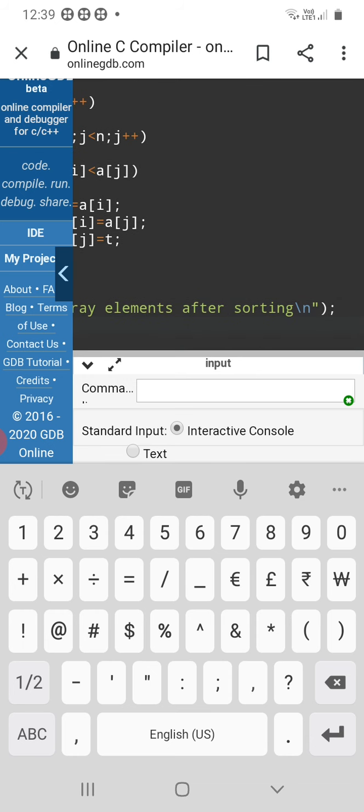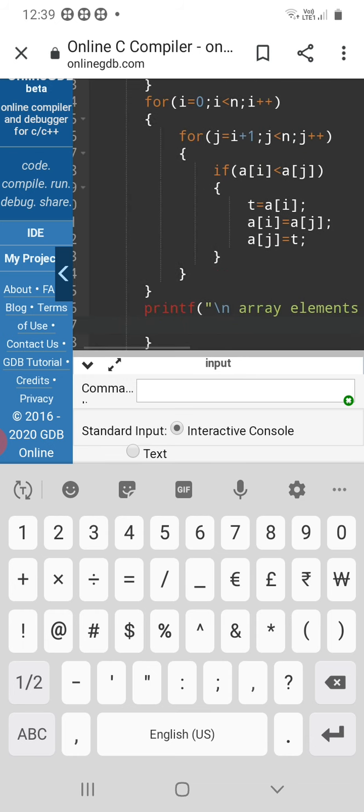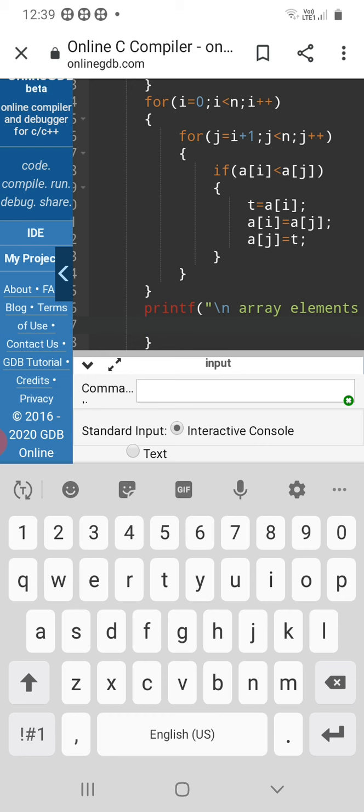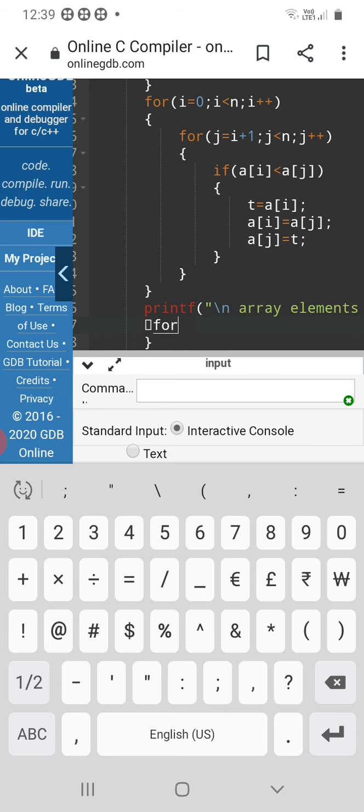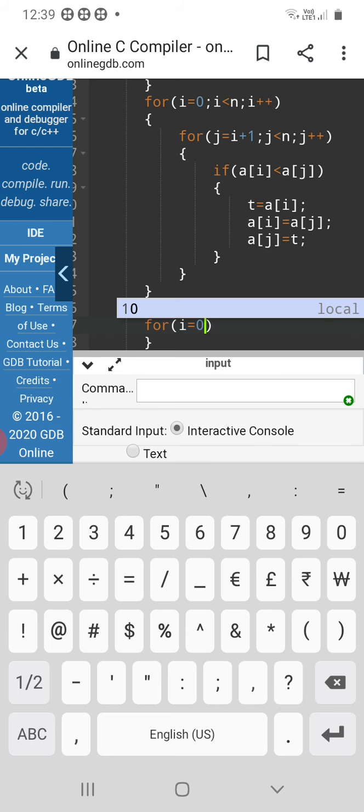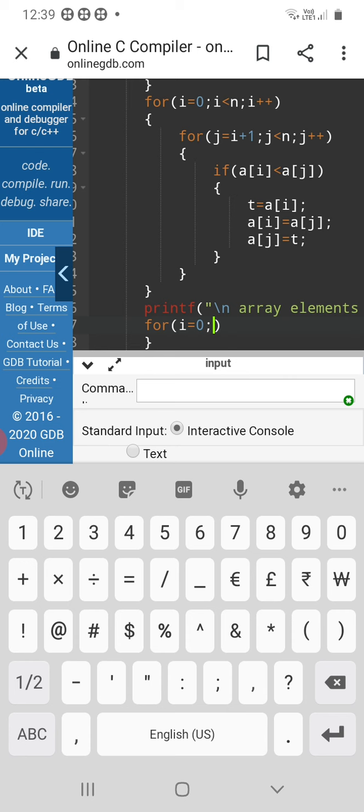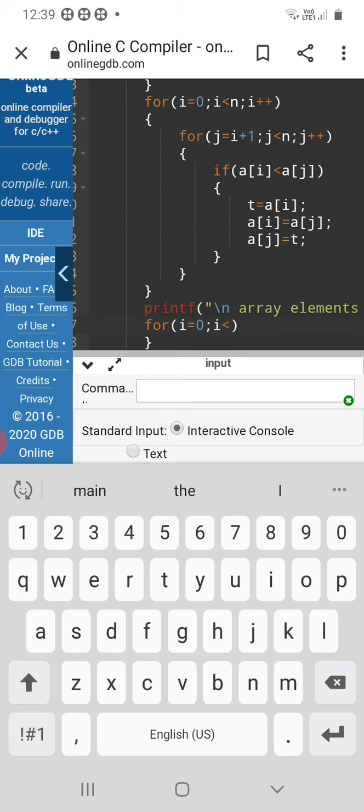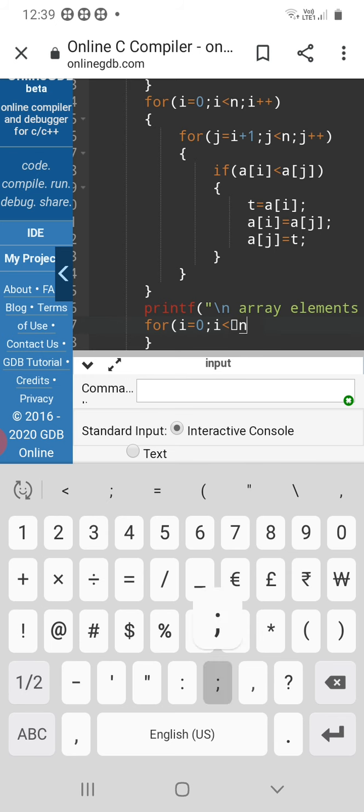Moving on to the next line, I am using the for loop for printing. Again, this is the last for loop. For, I am initializing i equal to 0, and for the condition i less than n, ending the condition with semicolon.